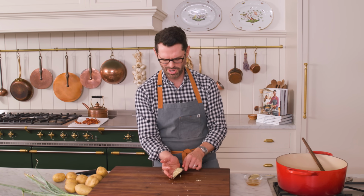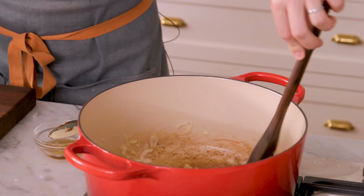Now my garlic is ready to go into the pot. If you did all your prep work ahead of time, you could have tossed them in together. We're gonna cook this for about 5 minutes or until the onions are translucent. Stir occasionally. You don't want anything to burn. While that happens, grab 3 pounds of creamy, amazing Yukon Gold potatoes, peel them and give them a chop into